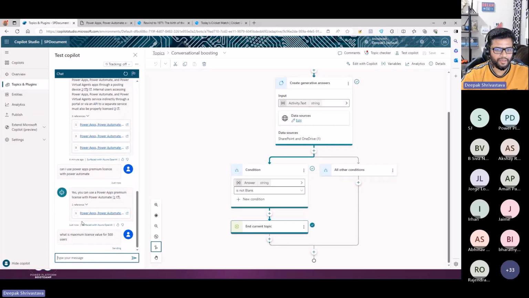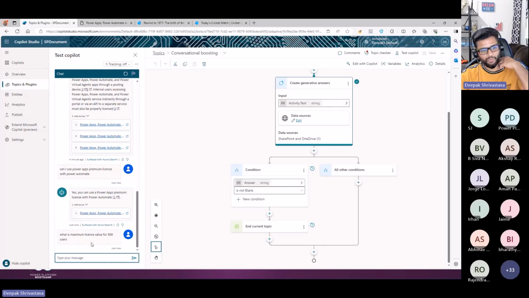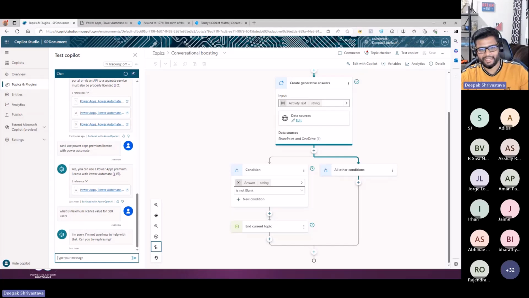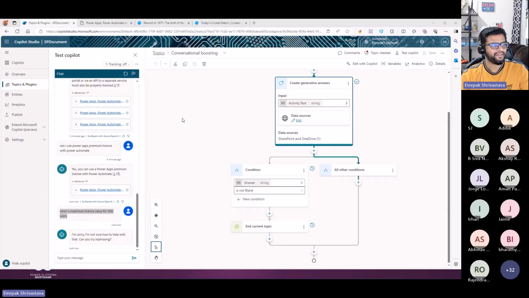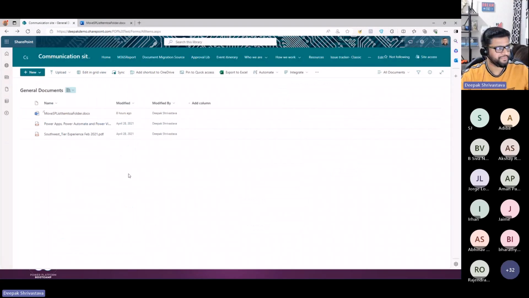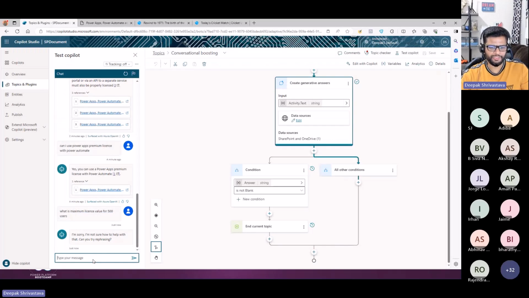Now, the previous question is saying yes, so this actually got the information, and you can go as complex as you want. And let's see if it will bring any information here. Yeah, it doesn't get it, because if you look at the document, that document may not have that information. Because this is data-driven AI, right? So if your data doesn't have that information, like if it's not talking about users, then it will not answer. It should answer some capacity questions like how many credits you will get with